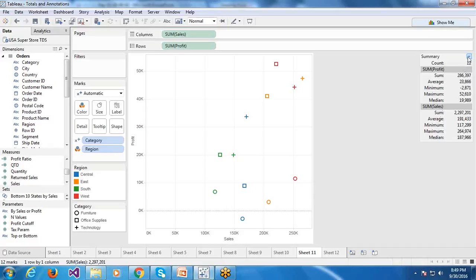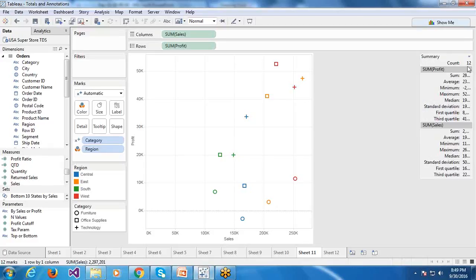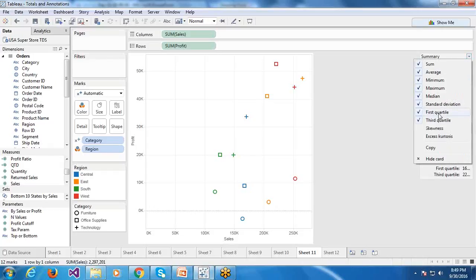If you want to show more, there is standard deviation, first quartile, third quartile. Did you go through the percentile reference I have given to you? You gave me the standard deviation reference. Yeah, I went through that. Percentile, just a reminder.